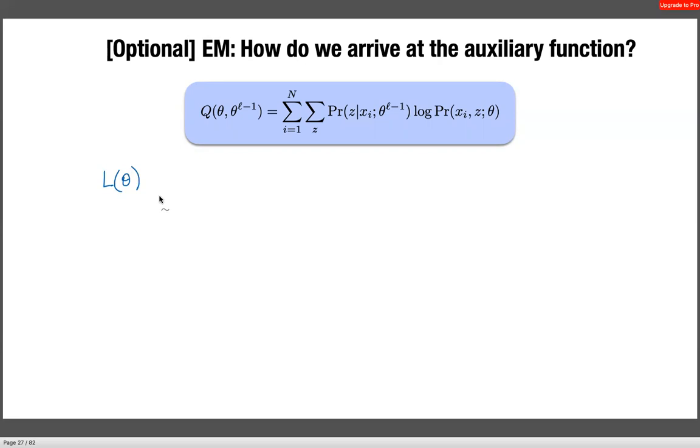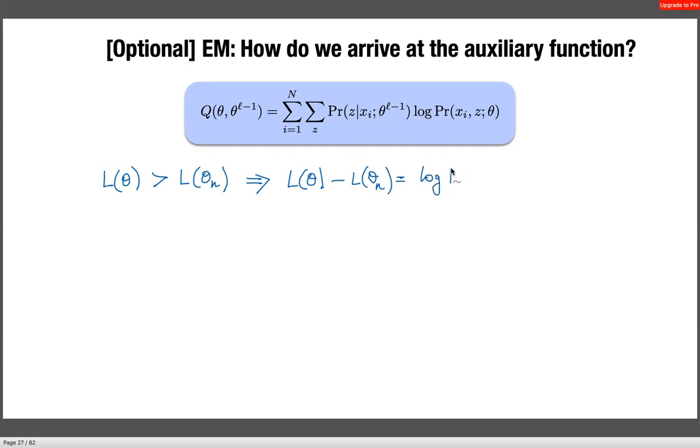Say that we are at the nth iteration of EM, and we are trying to find a new estimate of theta. So we want L(theta) to be greater than L(theta n). So we want to look at this particular quantity, which is L(theta) minus L(theta n),